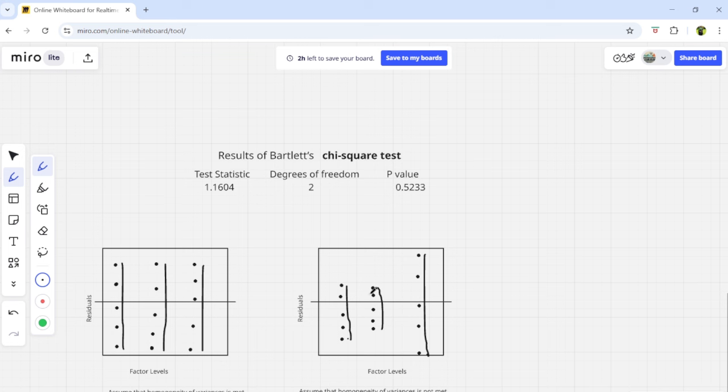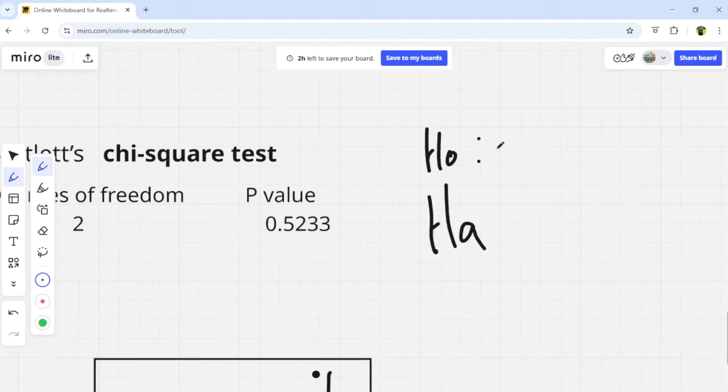And then if they ask you about the homogeneity of variances using Bartlett's chi-square test, in each question paper you will see the results of Bartlett's chi-square test, whereby you'll have the test statistic, the degrees of freedom, and the p-value. So what's important is the p-value in this case. What you're going to do is write your null hypothesis as always, H0, and your alternative hypothesis, which is HA. So for the null hypothesis, we're going to say